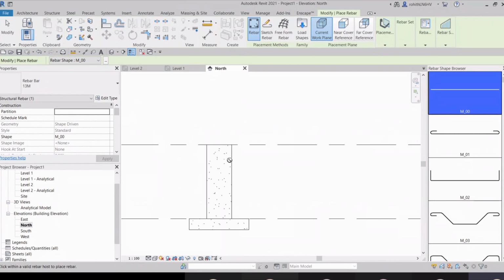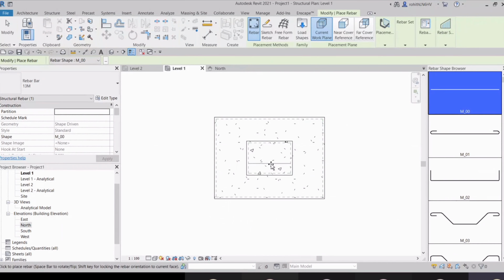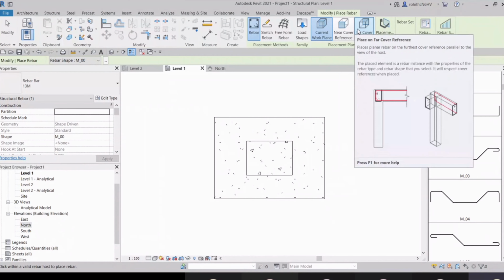I hope you understand. If you don't understand, let me know. I can solve that. Okay, ask me any question if you have any doubt. So I'll go to this level 1 and where it will be placed. Okay, so I can mention it will be placed at near cover or the far cover. All right.